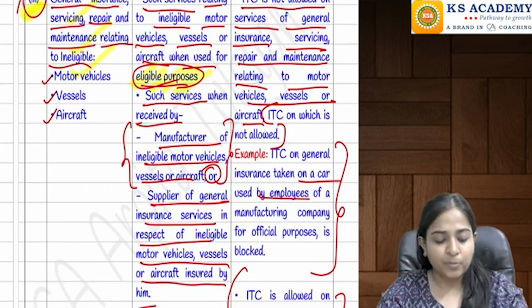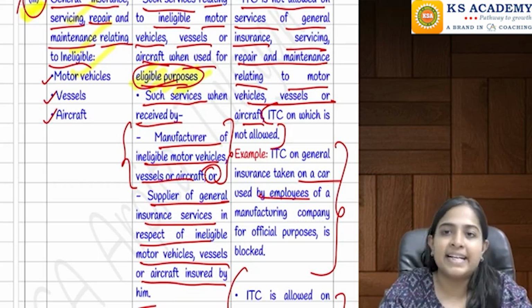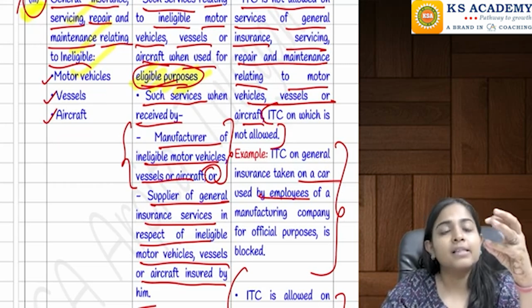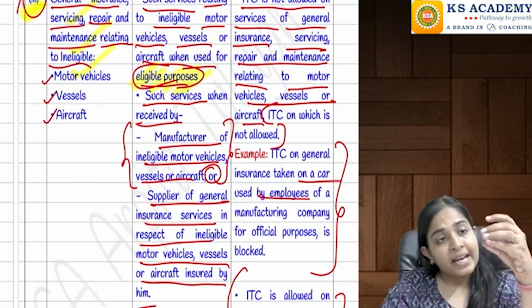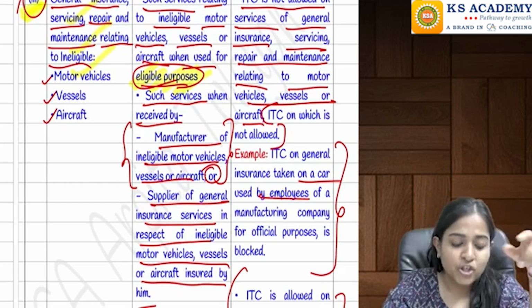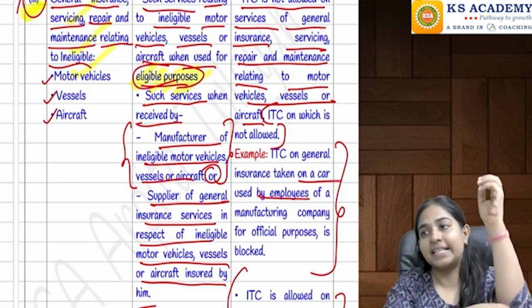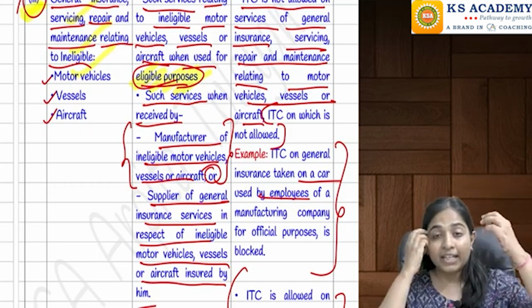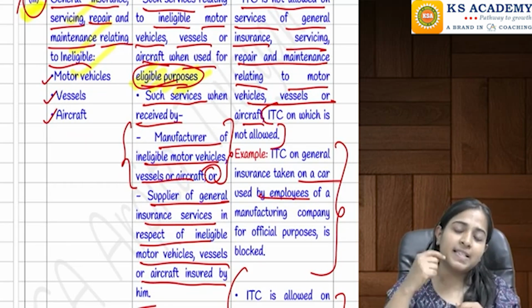Okay, then the next point was talking about its related services. Three things: motor vehicles, vessels, aircraft. In respect of this, if we have incurred any expenditure relating to general insurance, servicing, repair, maintenance, etc. If the above credit was not allowed, then even the credit on their insurance services, repairs and maintenance,